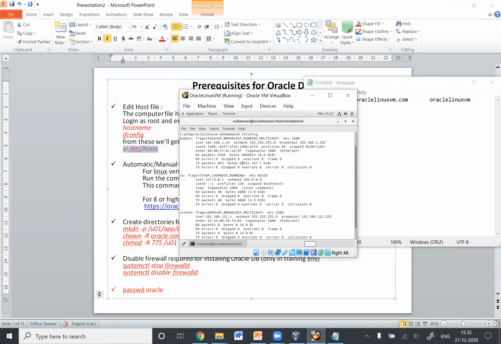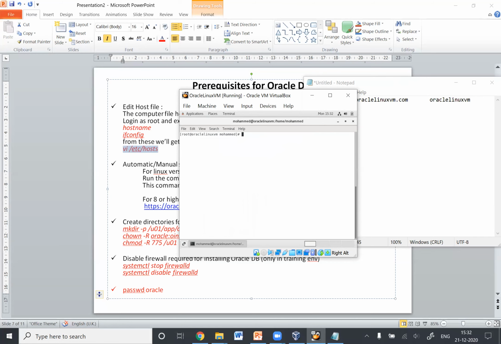Now we'll open up our host file. I'll just clear this. You need to type in this command: vi /etc/hosts. This will open up the host file. Click the down arrow, then the right arrow, and go till the very last. Then you press escape and I, so now you're in insert mode. Then press the right arrow again and press enter, so you'll come to the next line.